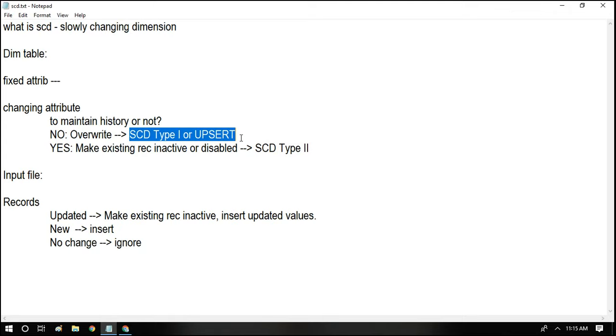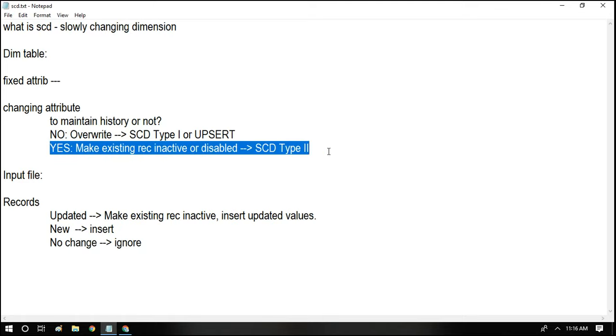If your answer is yes for history maintenance, if you'd like to go for maintaining the history, then that is where SCD type 2 comes into existence. That is what we call maintaining history using SCD type 2. But how do we maintain the history? Right now, against my employee ID, I will be tagged to a particular department.